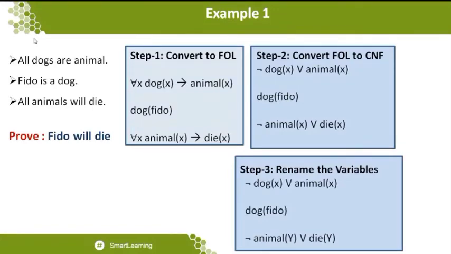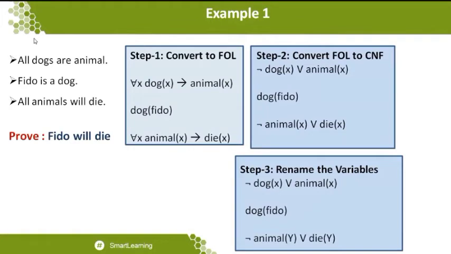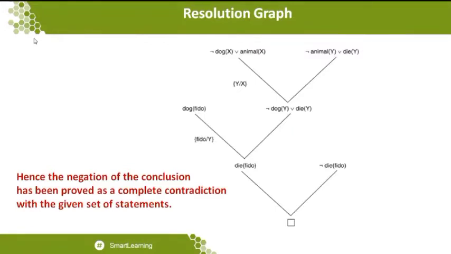So when I go for the negation of that particular proof, I can see that a contradiction proof is taken here. So definitely what you want to prove here, Fido will die, is right. This way we can conclude the resolution, and especially while you are writing this resolution graph, make it very clear. We need practice. That is very important.